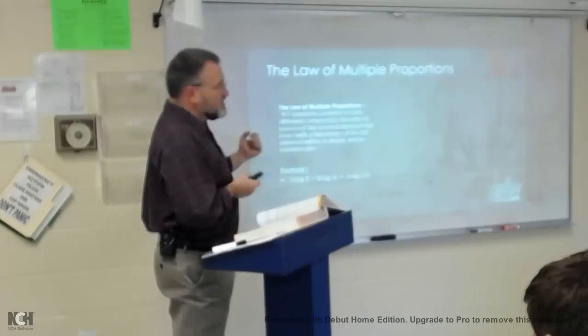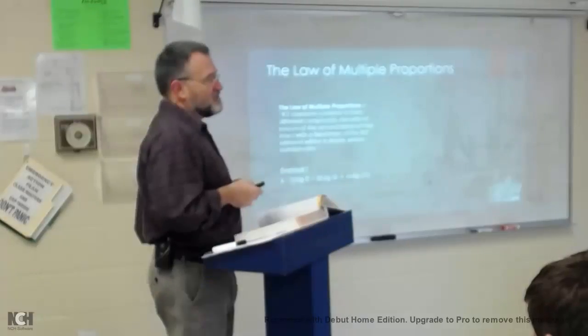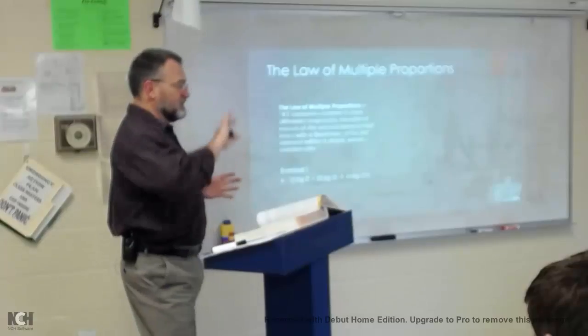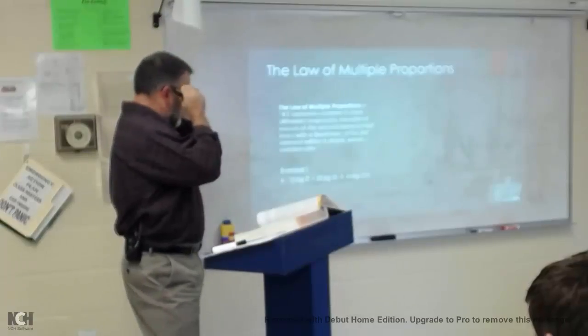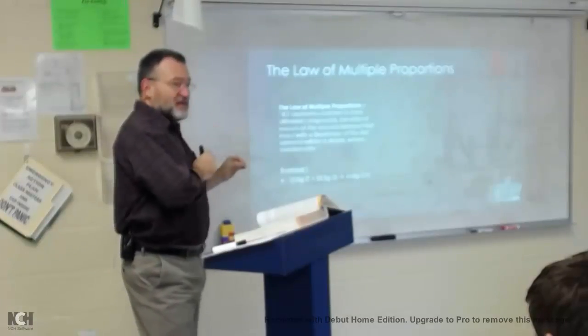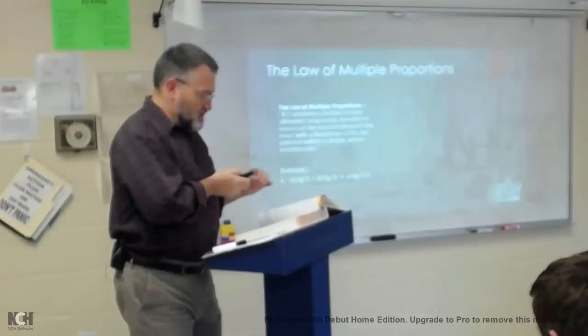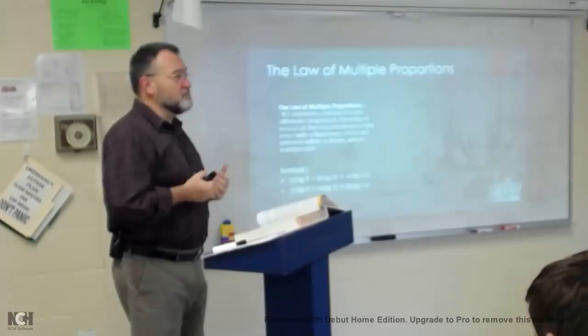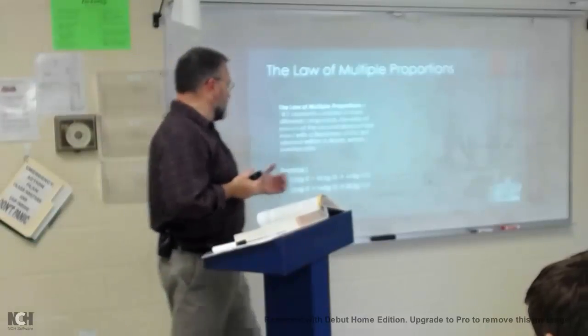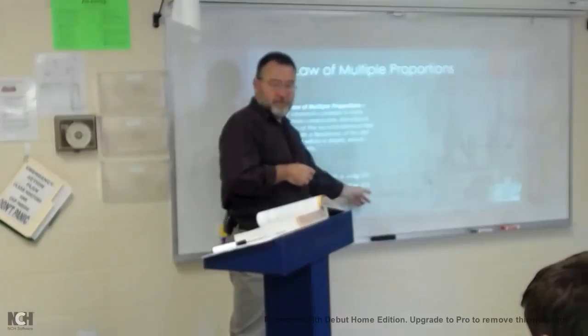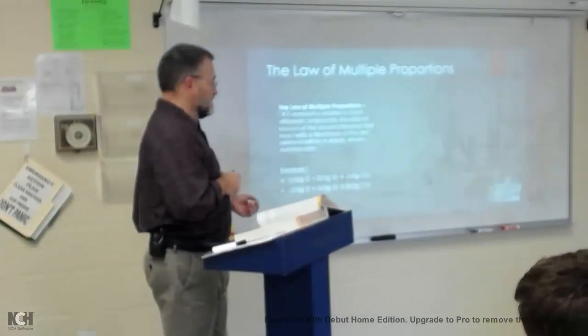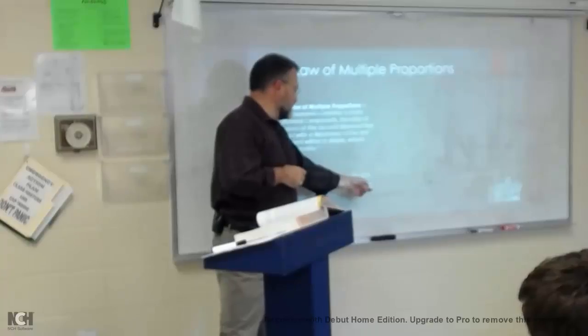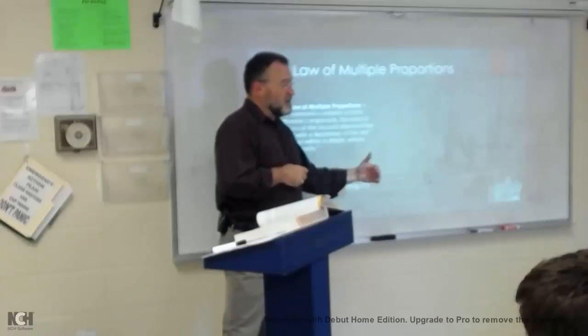But carbon and oxygen can combine in a different way. This is not an ionic bond, this is a covalent bond. Again, it'll make more sense later. But carbon and oxygen can make different combinations. And another combination they can make is carbon monoxide, where 1 carbon combines with 1 oxygen to form carbon monoxide, as opposed to 1 carbon combines with 2 oxygens to make carbon